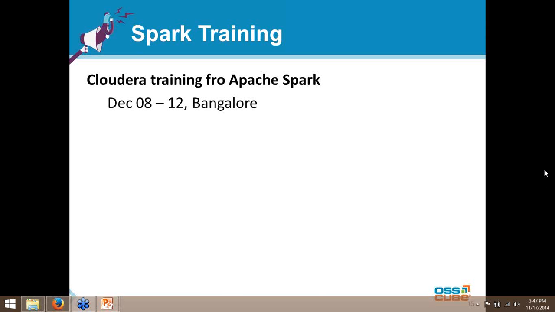Yeah, Scoop has a different role, right? Scoop is not a processing tool, even Flume. So these are for getting the data, right? You are getting the data from RDBMS. You are getting the data from Flume. Flume is handling streaming data, and Scoop is handling the data that is from a database. So these tools are still required with Spark in order to get the data onto the HDFS. Whereas Hive is a